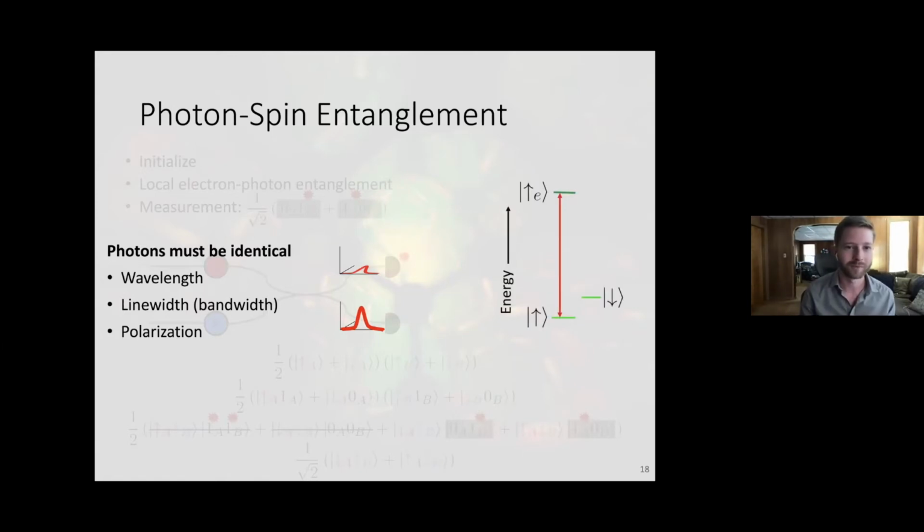And so given some of this new information, we can extend our model of the system, which originally just had these single lines representing each state, and actually give it a line width, which is going to be very important for our entanglement fidelity, because we want the distinguishability to decrease such that we have high entanglement fidelity.